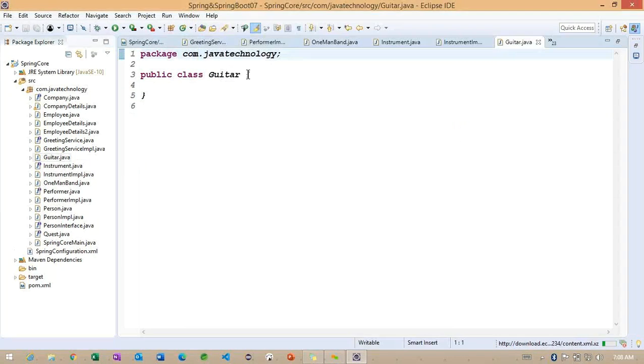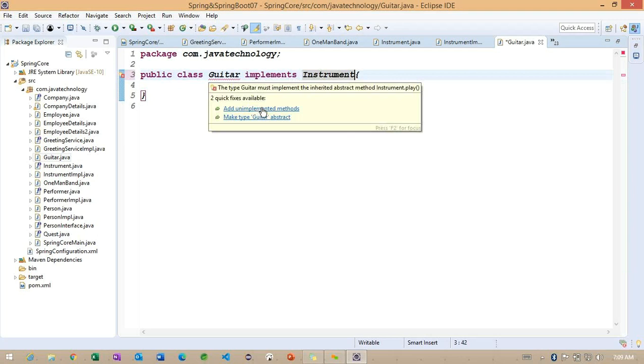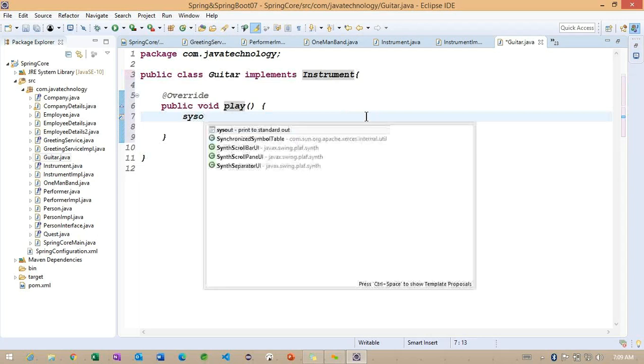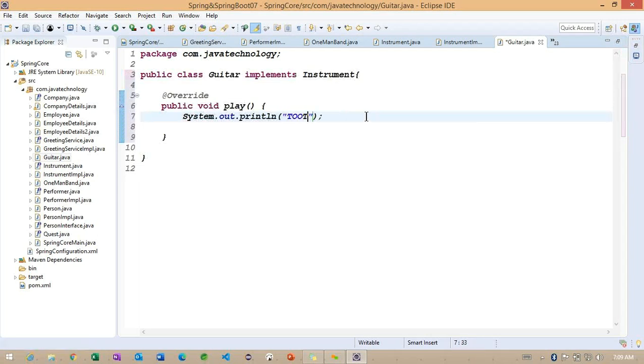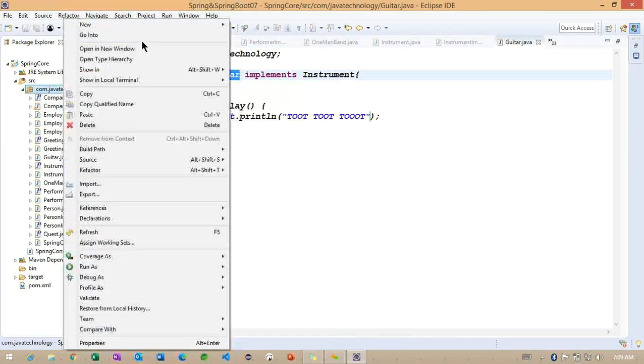Getting the point. And now this particular Guitar is going to implement from the Instrument interface here. Whenever we are trying to implement this Guitar class, we are going to get some sound here. What is the name of the sound? Something. Getting the point. So this is the sound we are going to get whenever we are trying to call the Guitar class. And in the same way, whenever we are trying to implement another implementation class here, let me add it.